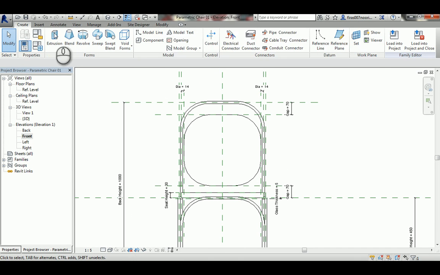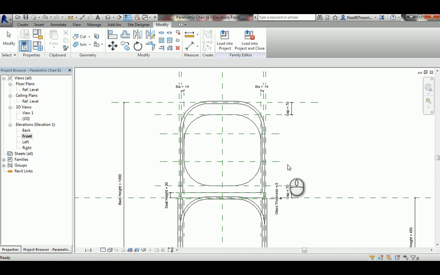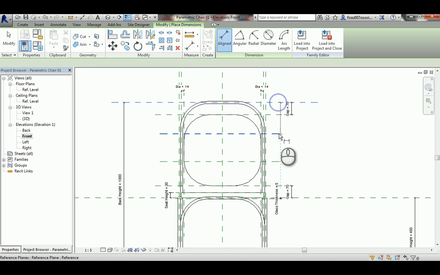So I'll add a reference plane here, and a reference plane here again, and dimension again, 1, 2, 3, and then I'm going to go here to 4, and then I'm going to take equal,